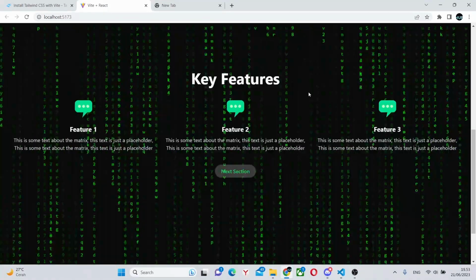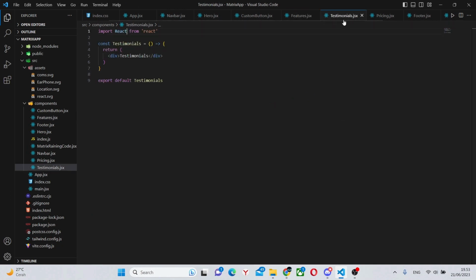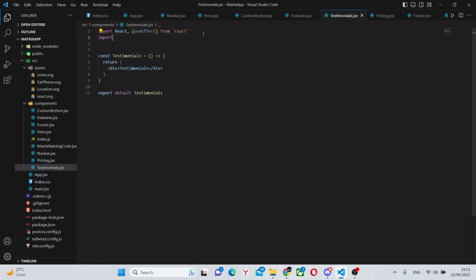Let's continue. The next section is going to be the testimonials section. For this, we can go to our testimonials component and import some stuff. First of all, we'll import use effect. Next, we can import motion as always. And in here, use animation.